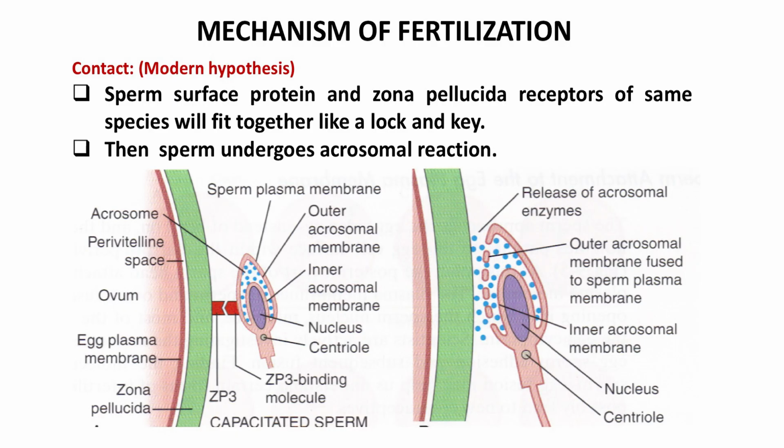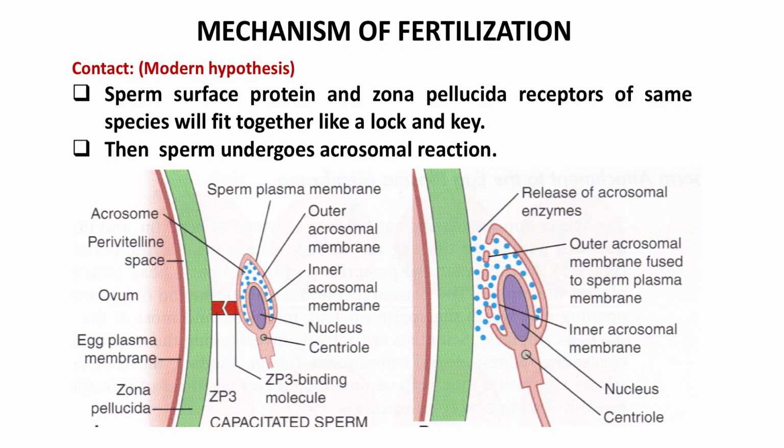The other is the modern theory of contact, where the zona pellucida layer of the ovum has associated proteins. Now, these proteins will bind with the acrosomal layer of the sperm body, and this will lead to the acrosome reaction. In these two diagrams you can see the capacitated sperm binding with the zona pellucida layer, and then it is